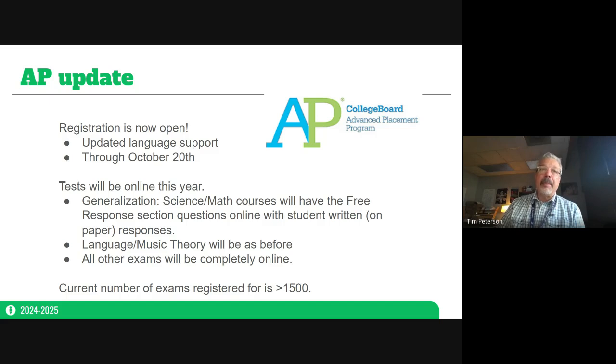That is coming up as it currently stands. I think we have somewhere over 1,500 exams and almost, but not quite, 800 students who have signed up for exams. So that is actually a pretty good start. Usually the week prior to the 20th, so that will be starting next week, we're going to really be picking up with the number of students.